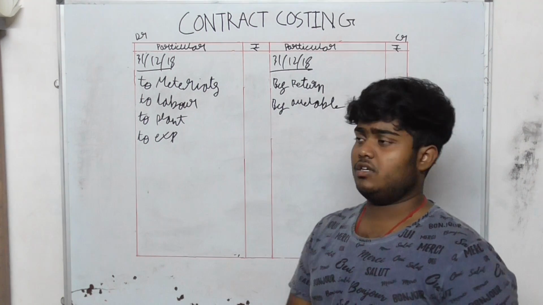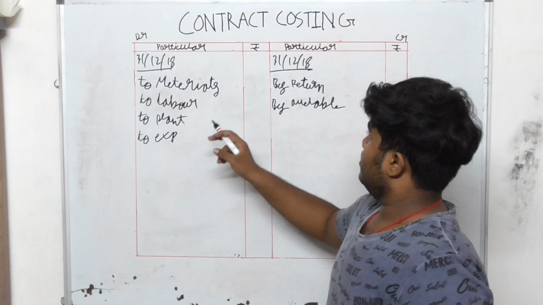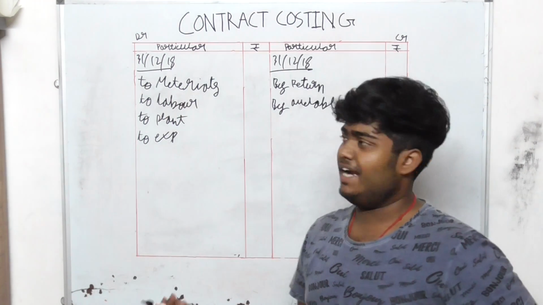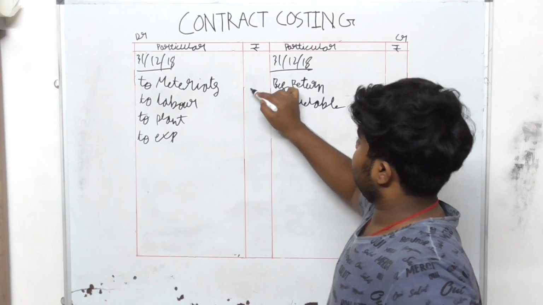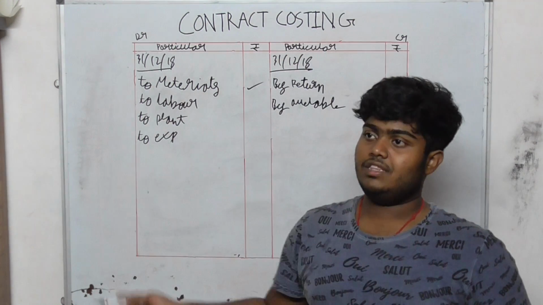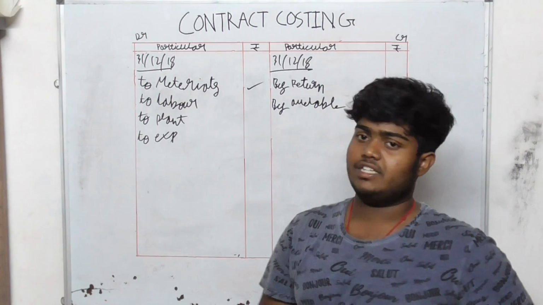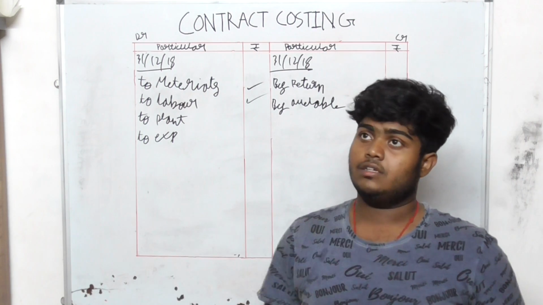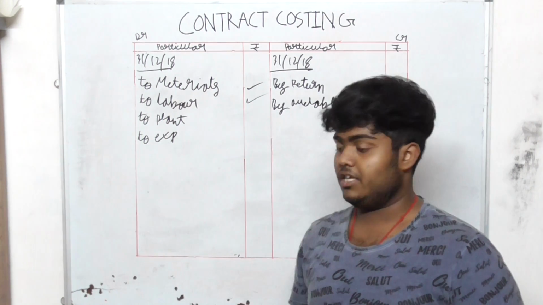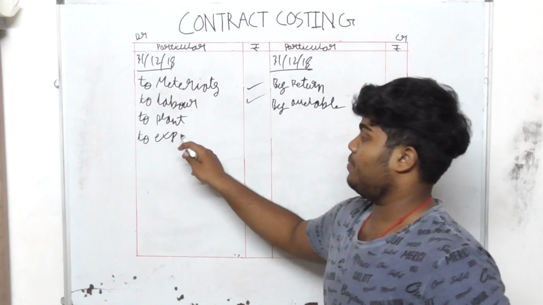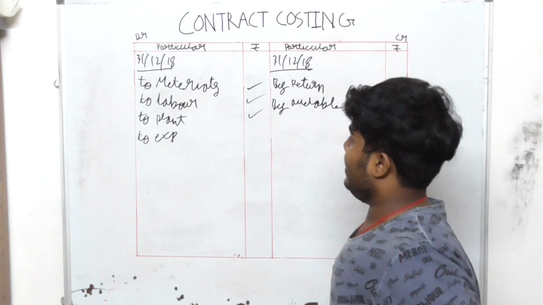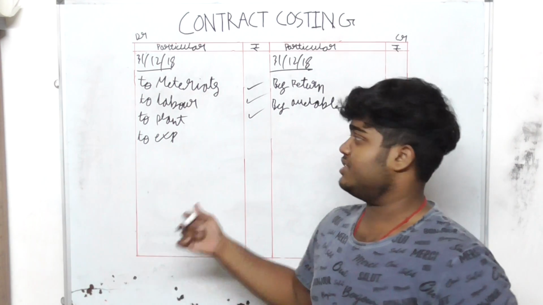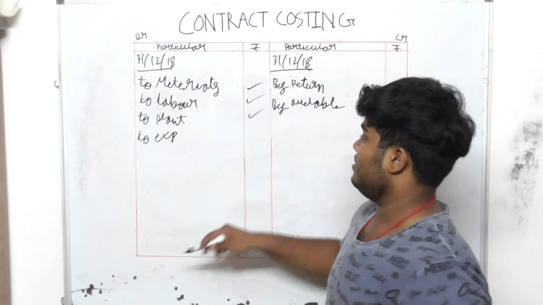So to make a bridge or any contract, we have materials like bricks, cement, sand, etc. So in the materials there, then the labor. The labor cost is the making charges. Okay, then the plant. The concrete mixing machine is called plant here. So plant, and expenses like wages or installing charges or delivery charges are all the expenses.